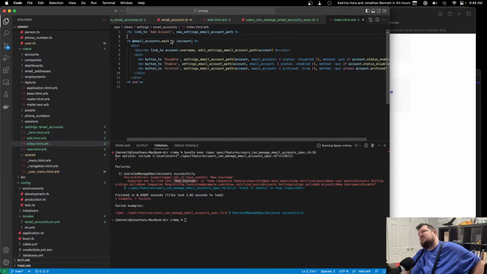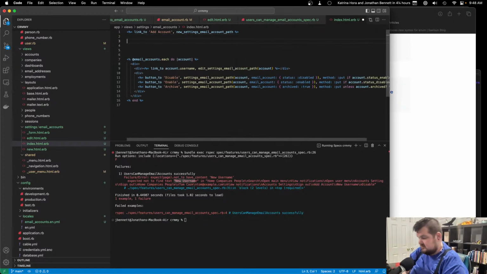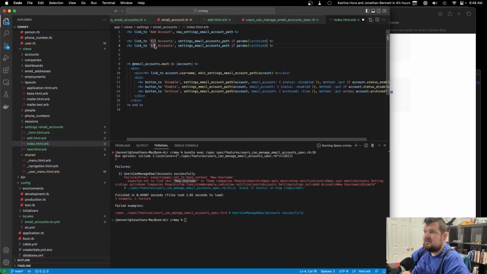So in here, we're going to want to have a link to accounts, and this is me going to settings, all accounts, settings, email accounts, path, if params archived, and otherwise we want archived accounts, and then here we're going to throw in archived true